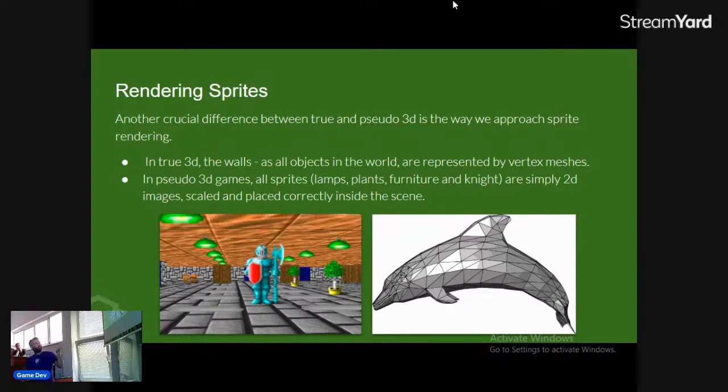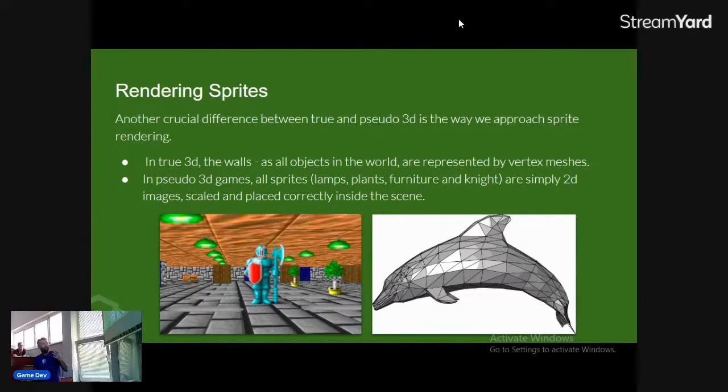Let's begin with sprites. Okay, so this is where another big difference between true 3D and pseudo 3D manifests itself. On the right we have a true 3D dolphin. It's made of points in space. Each point has x, y, and z values. But obviously you can't do that in pseudo 3D because again we're working with a 2D data set,